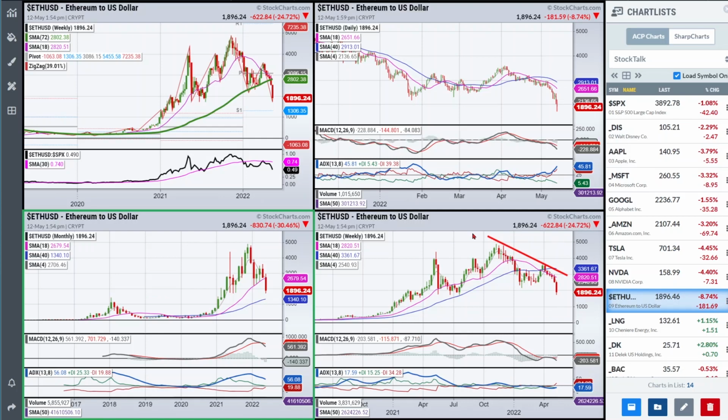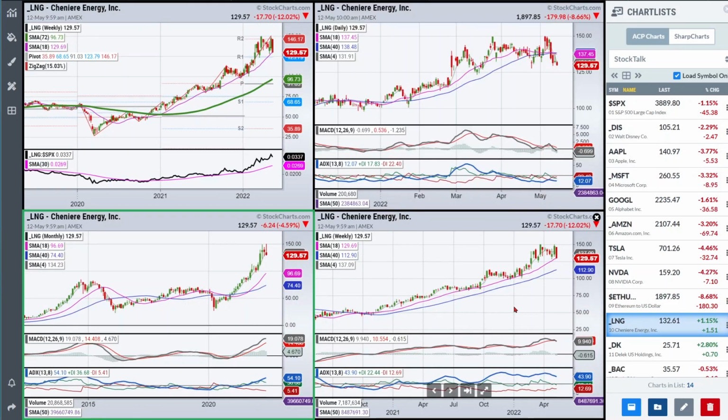We've reversed this trend to the downside. Now we have a downside trend in place. This lower low in all of these stocks is really important because now we have a trend to the downside. And until we can reverse that or at least break this trend line, you need to be really careful unless you're short-term trading.